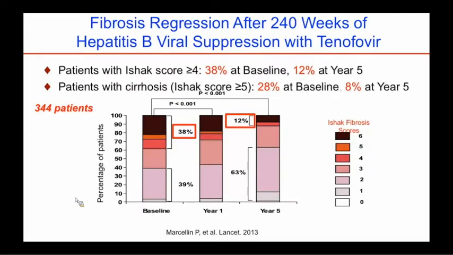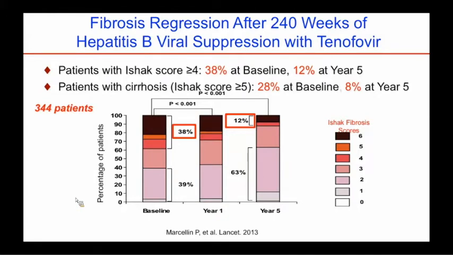So the other element that I want to introduce before I get into the hard potential endpoints is this emerging recognition that even cirrhosis can reverse. These are the best, and not the first, but probably the best data that establish that if you treat the underlying disease, in this case hepatitis B, you can effect a dramatic reduction in fibrosis and in the fraction of patients who have